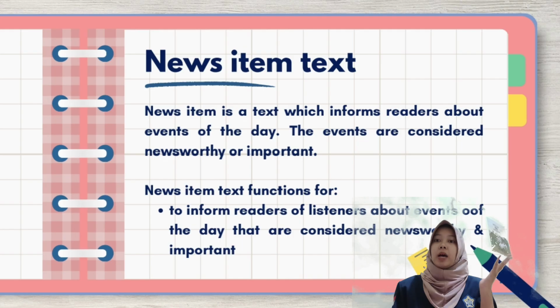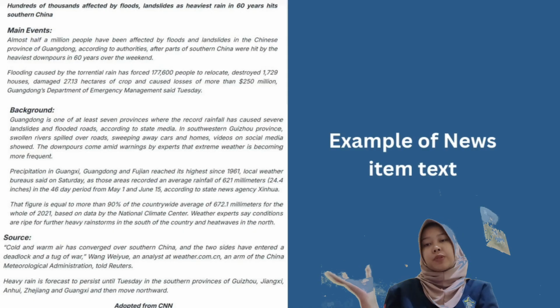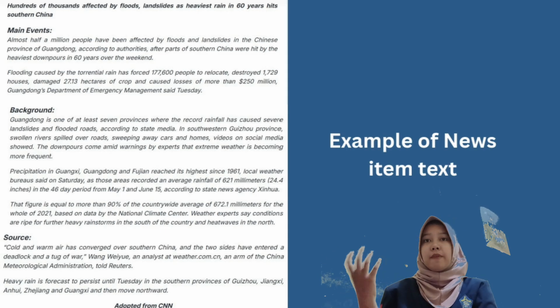So what is news item text? This text is to inform readers about events of the day. The events need to be considered newsworthy or important. So that's why we could say news item text functions to inform the readers or listeners about an event or some events that are newsworthy and can be retold. Now I have the example of news item text that I got, which is talking about hundreds of thousands